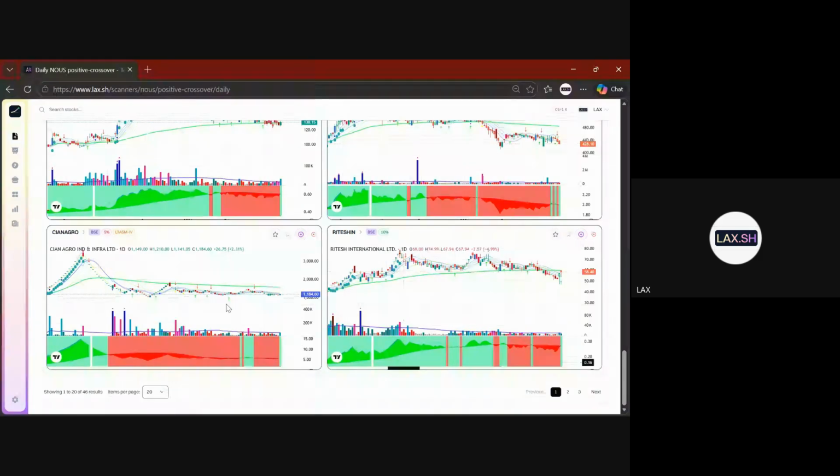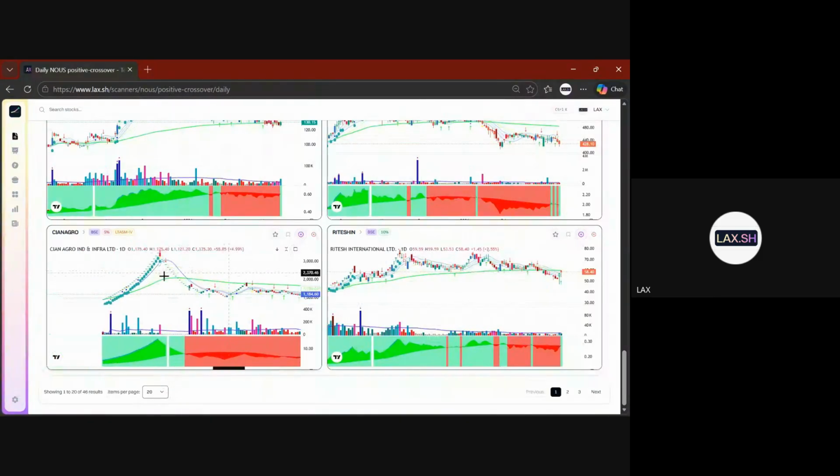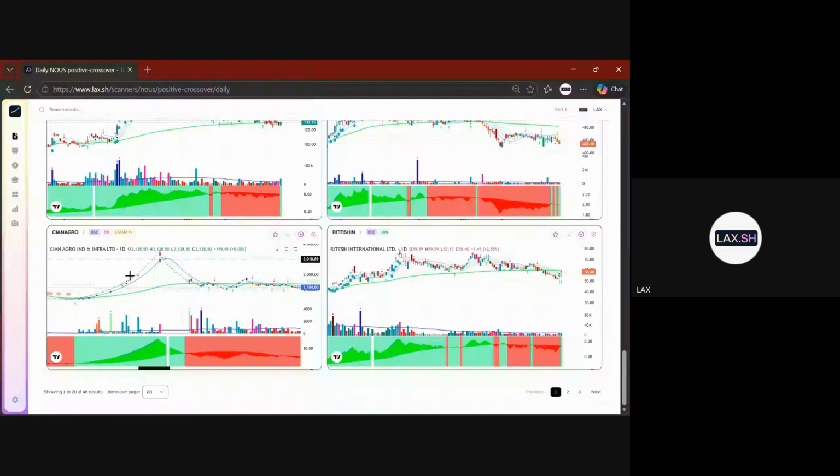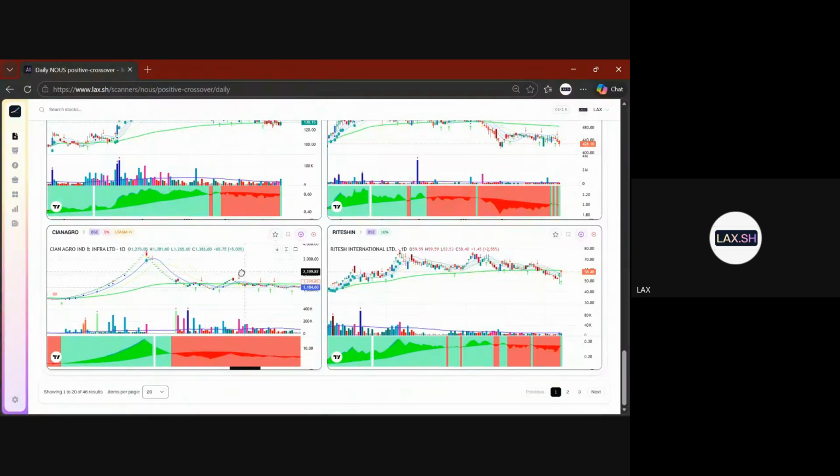Cyan Agro. Everybody and their mother was talking about Cyan, na? Here, right? Now nobody is talking. Let me tell you, it is a really good business. And you know what? It is not in the ethanol business. The profits from ethanol are actually, I don't know, less than 2-3% of the company. But everybody actually slammed Nitin Gadkari ji, right? Have you heard it or not?